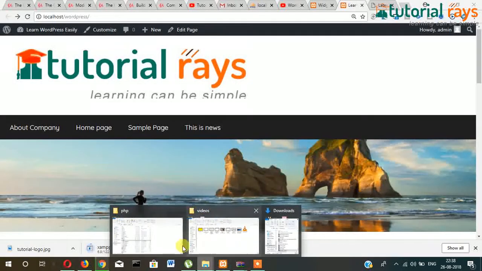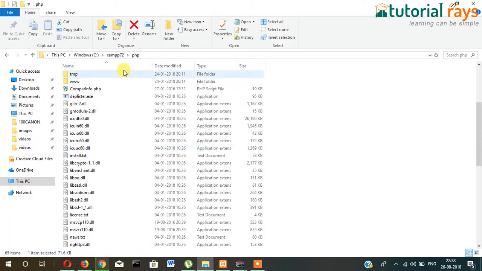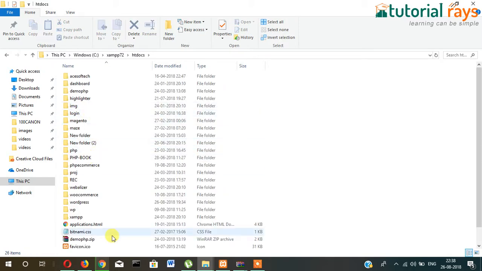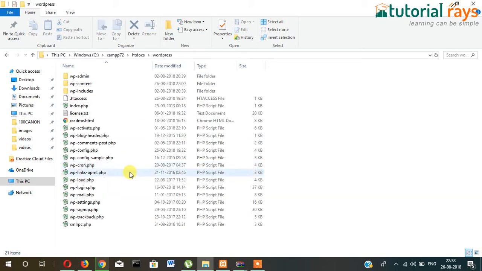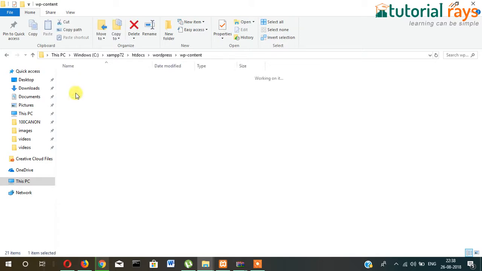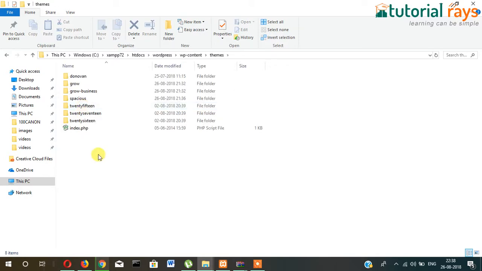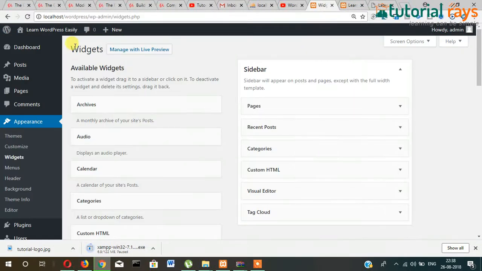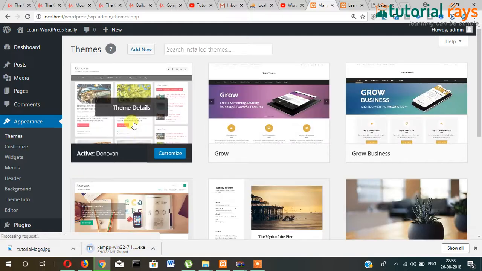Create a new widget and also you can use that. So let's go to our simple, then htdocs, and then WordPress, and then finally wp-content, themes, and go to the current theme. Let me check which is our current theme. Our theme name is